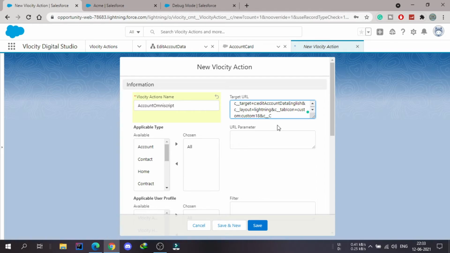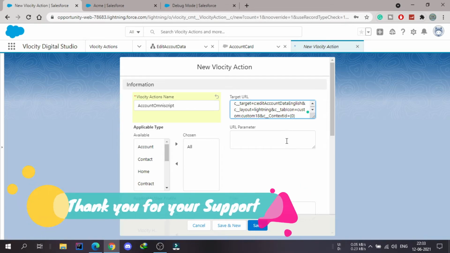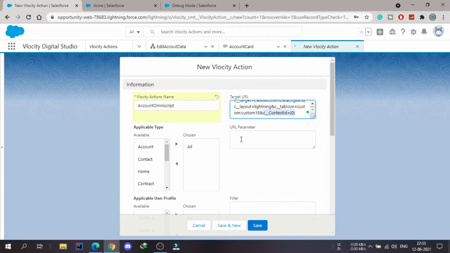C should be capital, context I should be capital, and D, context ID is equal to curly braces, and inside that we need to put 0. So we need to append these things at the end, and in the URL parameter we need to write I capital and D, and we have something like applicable type. So we are using this for the account, so rather than choosing all, I will use only account,